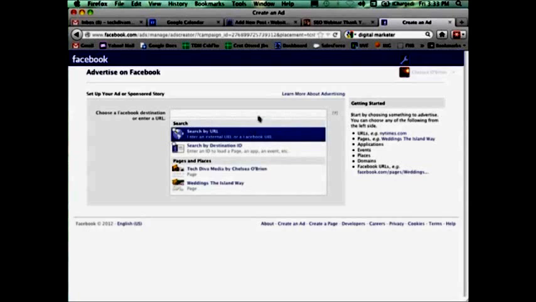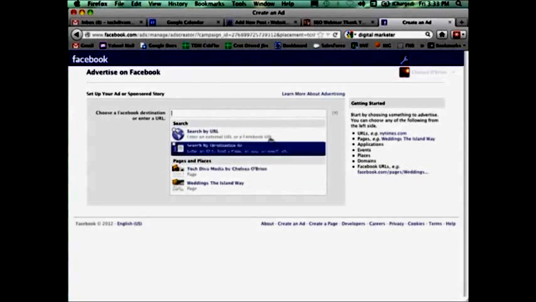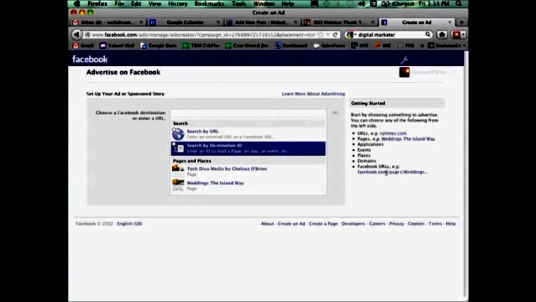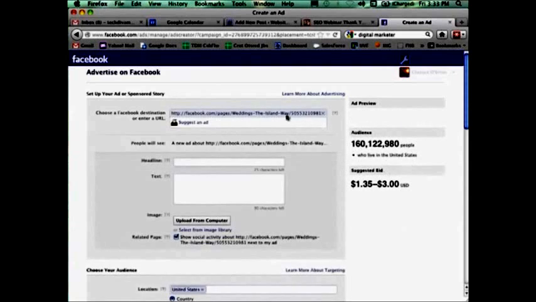So anyway, if you're setting up an ad to encourage an opt-in to get people to enter their email, you might want to set it up on a Facebook page to get that ad approved. But you can try your own website, whatever you prefer. So you enter the destination URL. After that, I'm going to have to go ahead and set this up. I'm just going to put in that page just for instance.